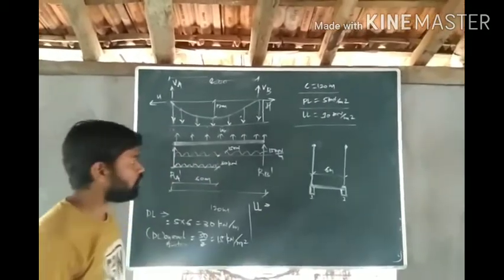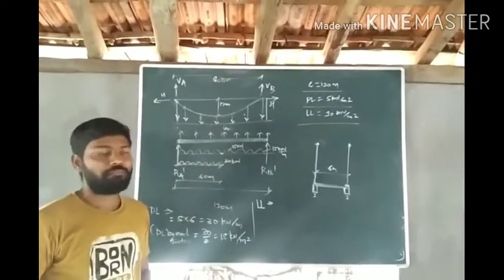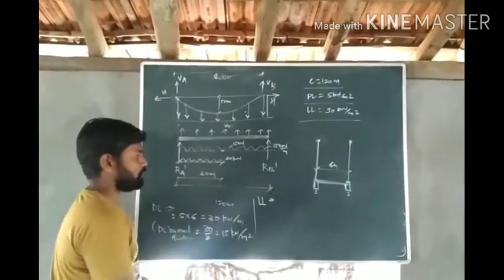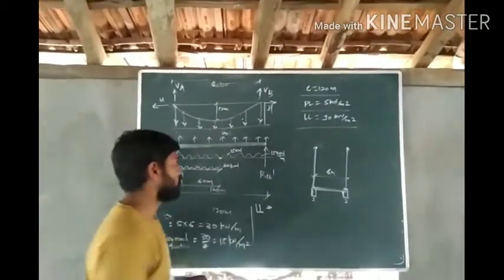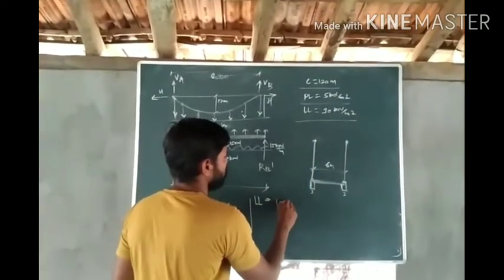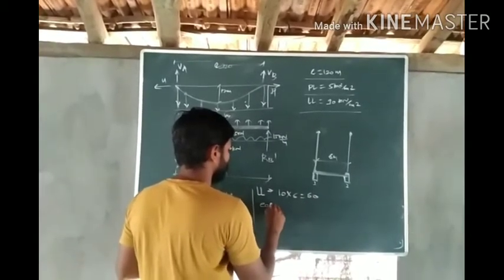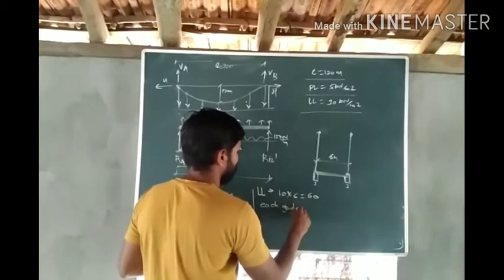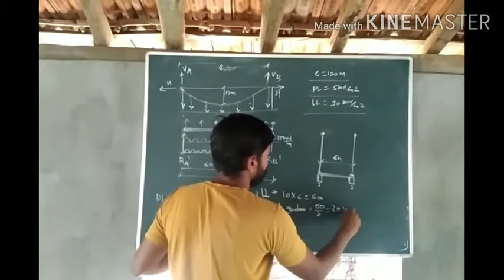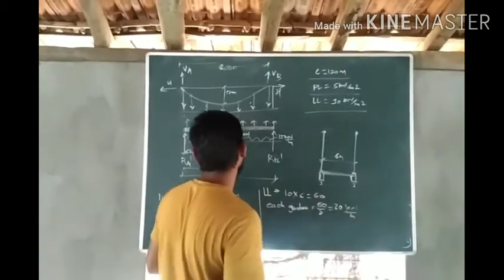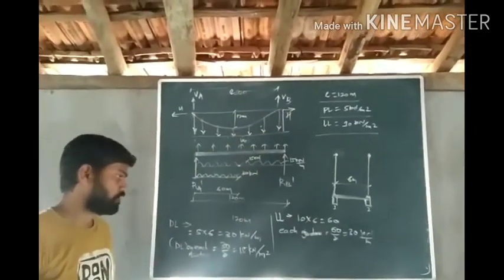Next is live load. Live load is applied only on the left half of the bridge. So it is applied only for the 60 meter span. So total span is 120 meters. For this live load, again it is in the form of kilonewton per meter square. So 10 multiplied by this width, it is 60. 60 हा दोन्ही गर्डरवरचा लोड आहे. एका गर्डरवर येणार आहे 60 divided by 2, 30 kilonewton per meter. So I have shown here. Okay, so this is the first simple calculation of the load.